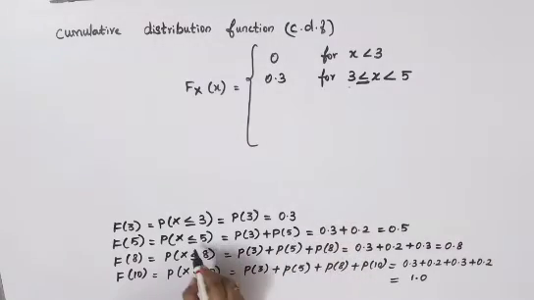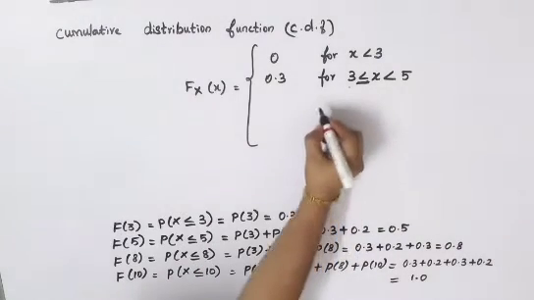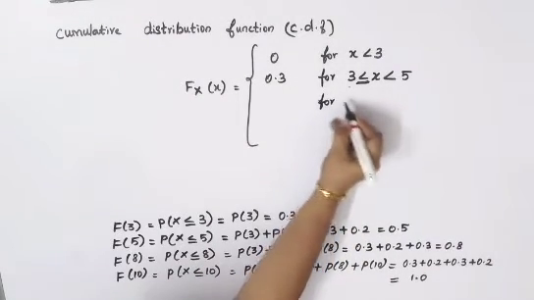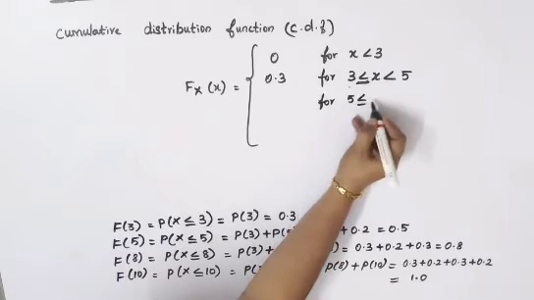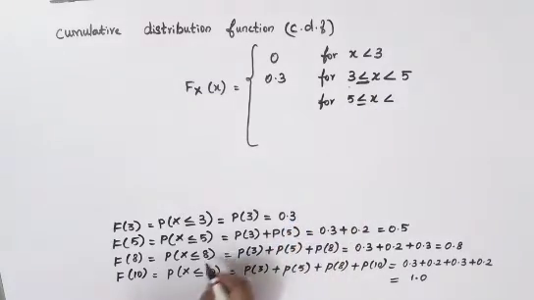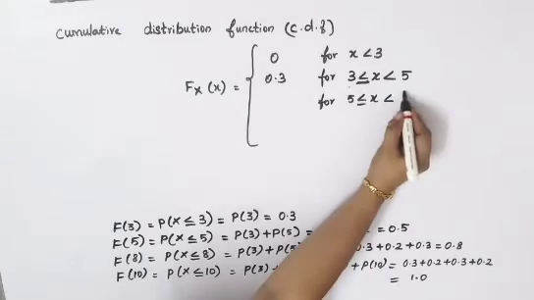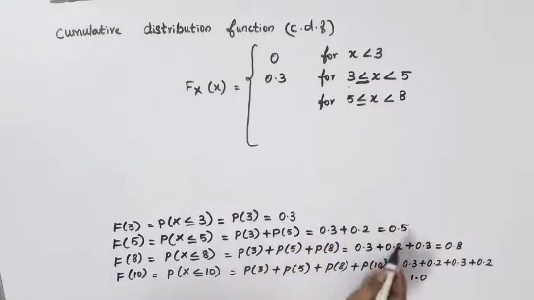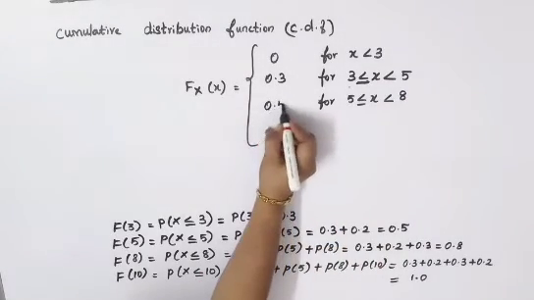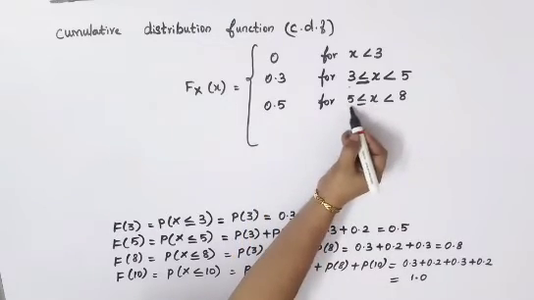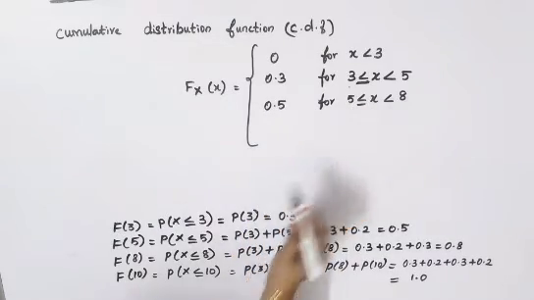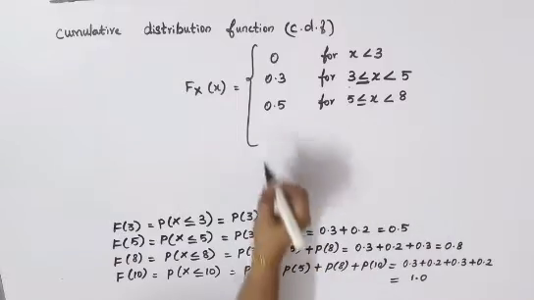The next one is less than 5, you will have to write it. So first write your condition, 5 less than or equal to x less than your next value, 8. Put 8 and straight to that your answer is 0.5. So the meaning is 5 is included and 8 is not included. Therefore for the value 5 you will have to write 0.5.